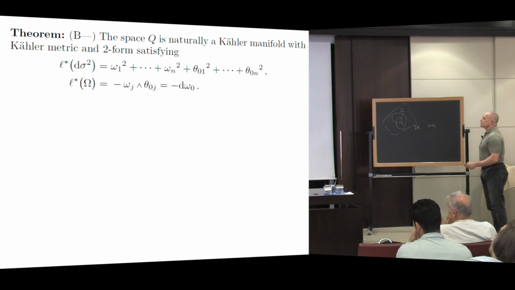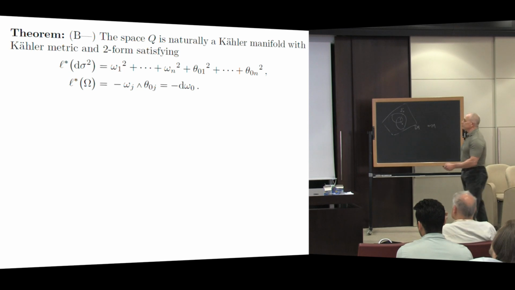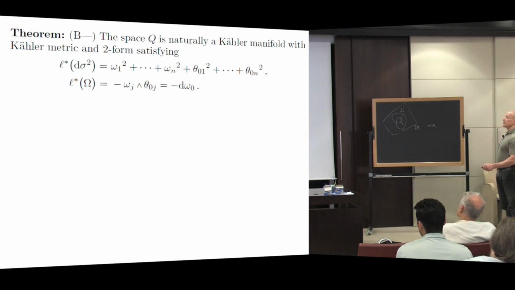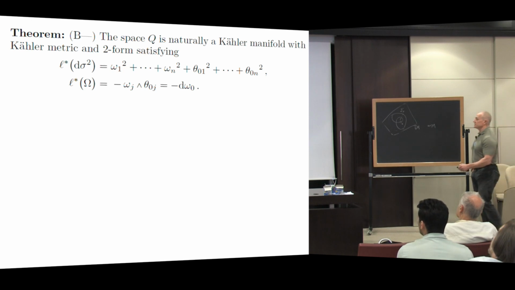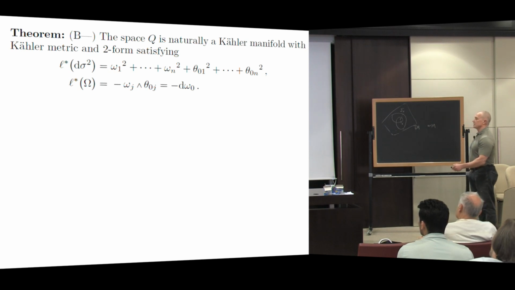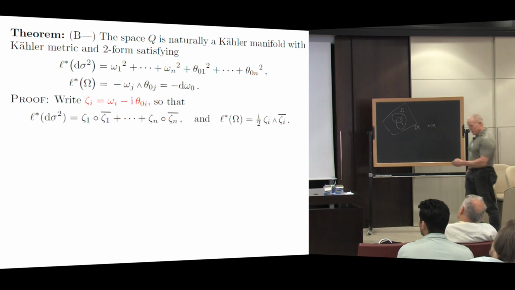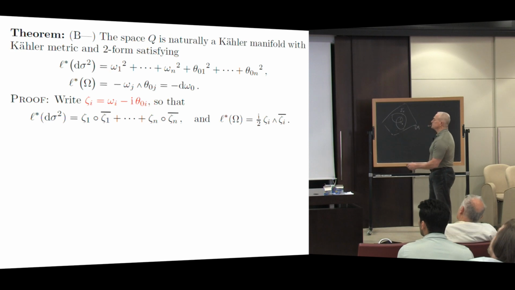That is, it turns out that this space of geodesics is not only naturally a symplectic manifold, which it always is, because the derivative of the Hilbert form is a non-degenerate symplectic form on the space of geodesics, but this symplectic form is actually compatible with this metric in the greatest possible sense, in that the pair of this metric and this 2-form actually define a Kähler structure on the space of geodesics here. The proof is easy. It follows directly from the structure equations.